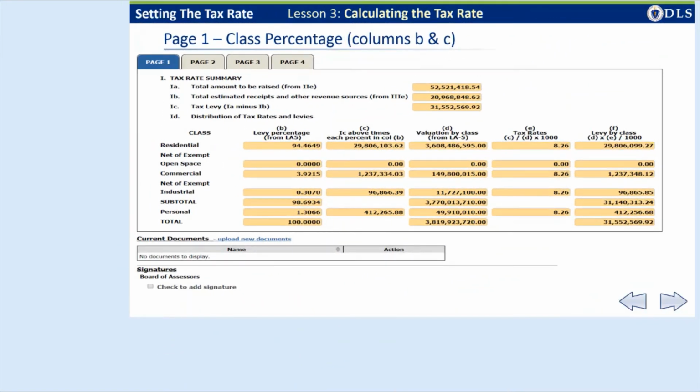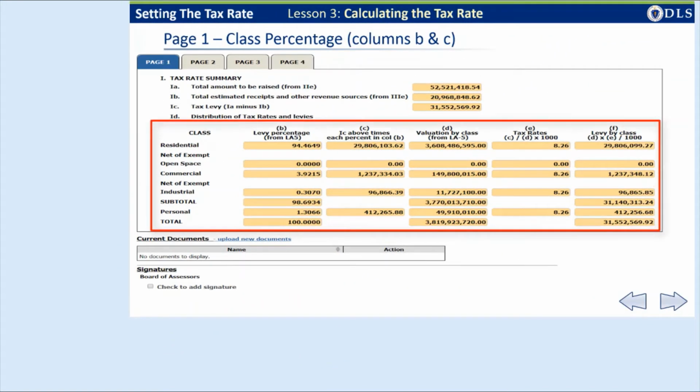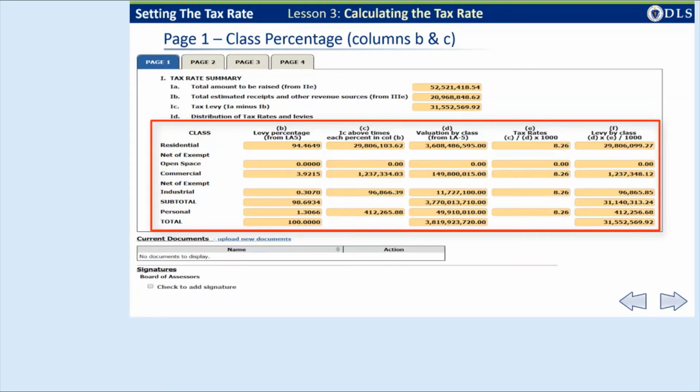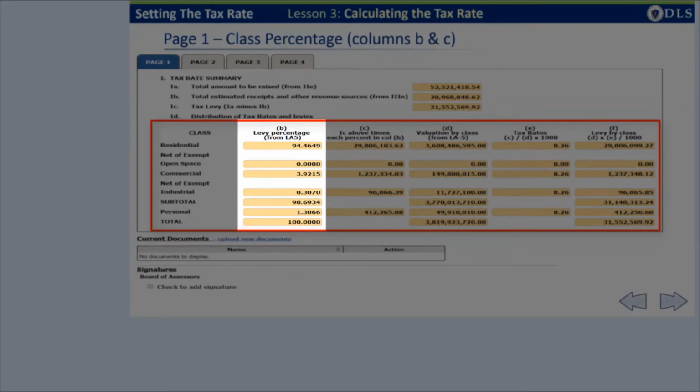The second part of page 1 is a table with 6 columns. The first column lists the 4 classes of real property: residential, open space, commercial, industrial, as well as personal property. Column B is the levy percentage of each class of property. In this example, residential property makes up